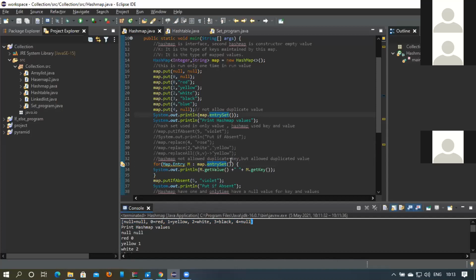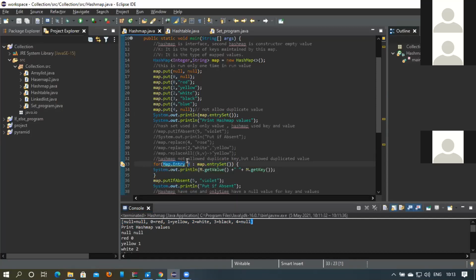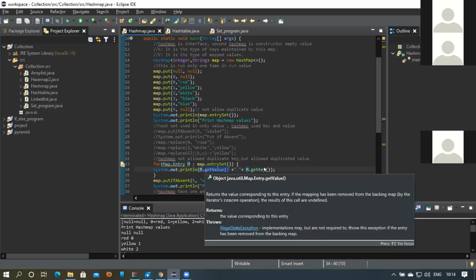Now what we are iterating with is m. So what is this m? This is an object for Map.Entry, which we have defined. With this object, I'm trying to access the particular methods. What are the methods we have? One is getValue and getKey.